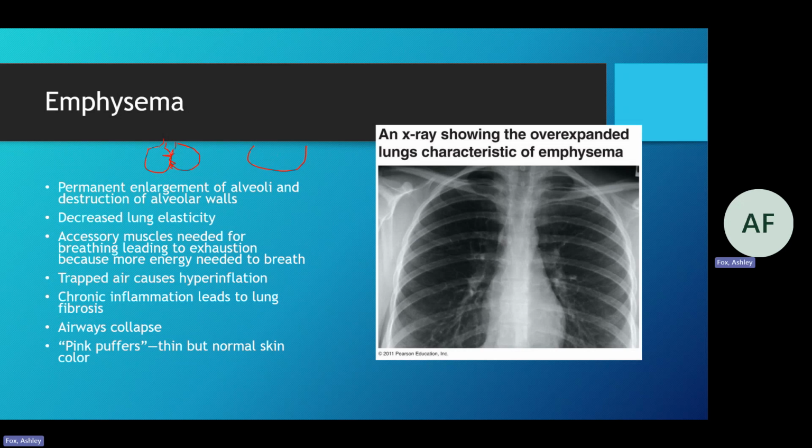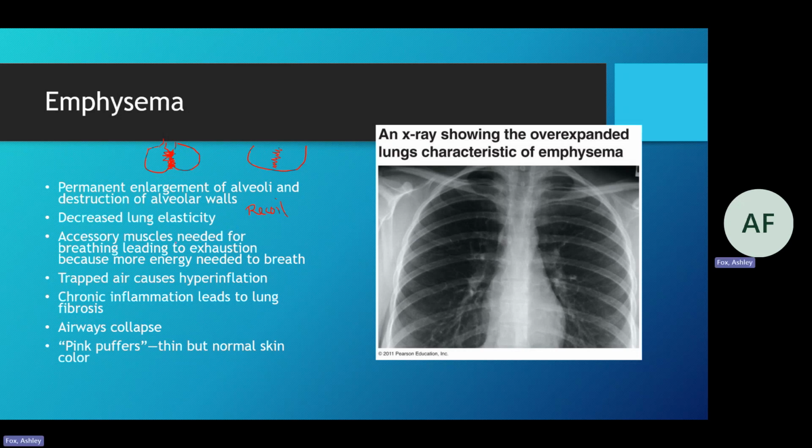Now you would think, okay, what's the issue? Well, all of this area where you could have gas exchange occurring has been destroyed. So you have lost all this area for gas exchange. You've significantly decreased where gas exchange can occur because you've destroyed the walls. It also decreases the elasticity of your lungs. So that recoil of the alveoli, where it snaps back and is ready to expand again, is decreased with destruction of the alveolar walls as well.